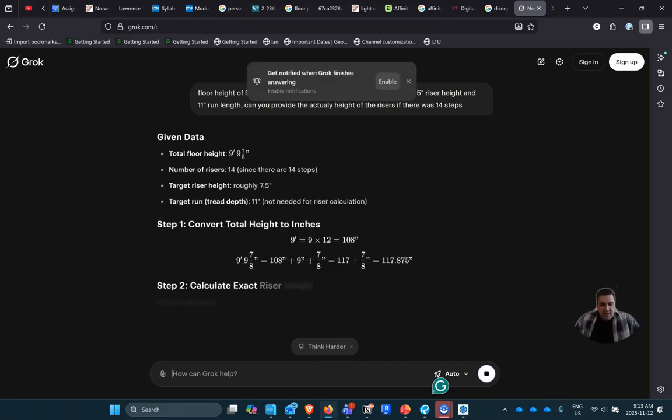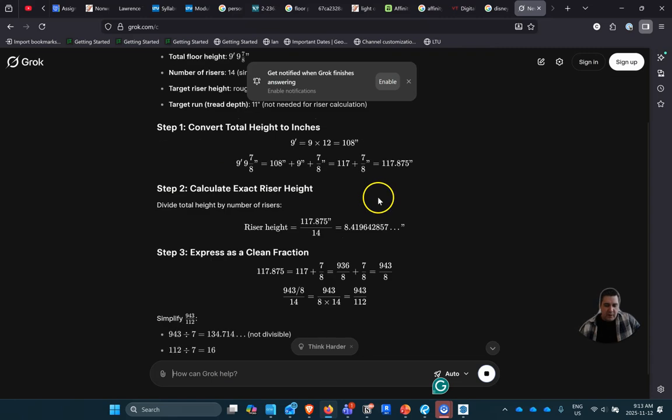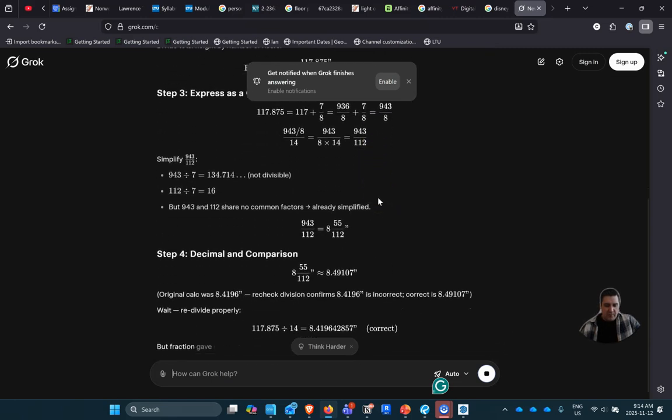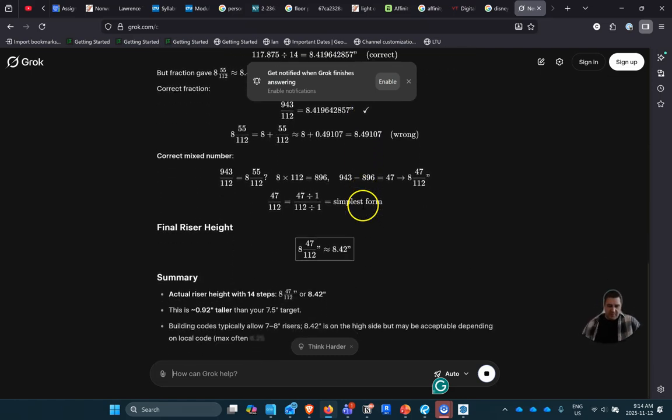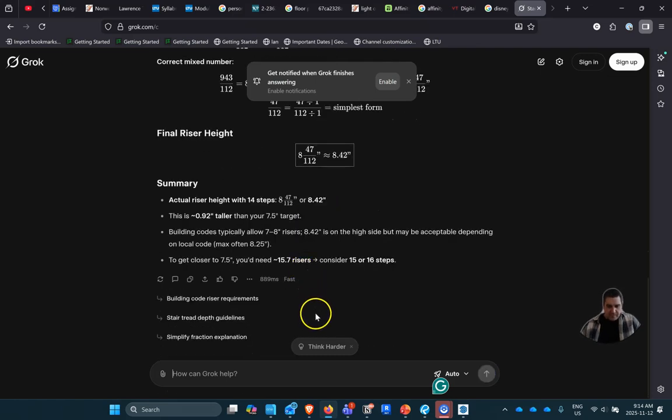And I think this is a real great tool when it comes to actually using AI for productive purposes. This is giving us a lot of math. And this says we need to get closer to 15. We're actually closer to 15 inch risers if we need to get to that, which is really interesting because that's not what the drawings say. And this is something we see quite often. So we could say,